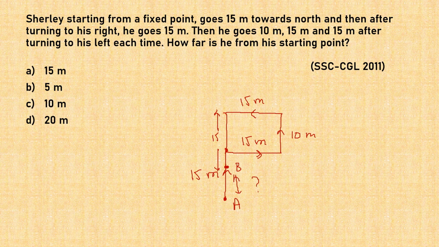So can you tell me the answer now? It's very simple, isn't it? So this was 15 from A to, let us say, C. Now BC has been eliminated from this, that is 5. So what are we left with? We are left with just 10 meters. So the correct answer here is 10 meters. So these were 3 most important questions based on calculation of distance, based on direction sense.